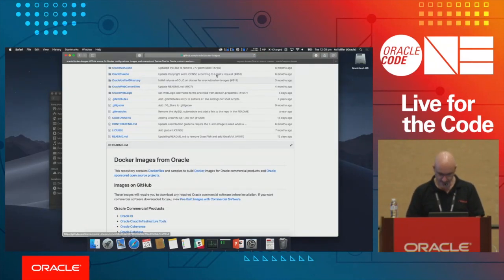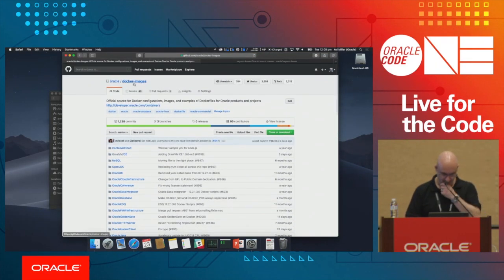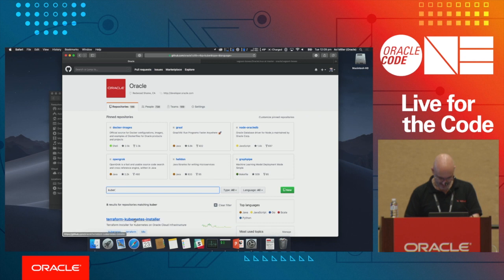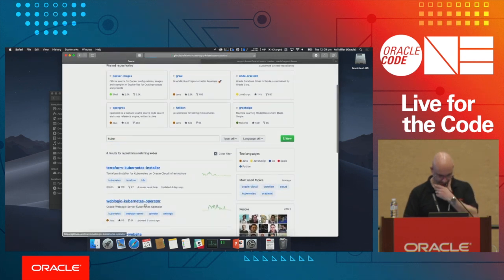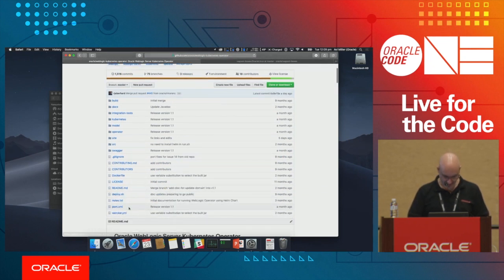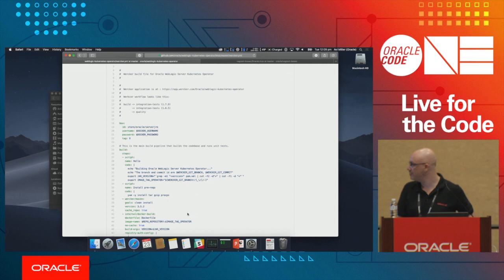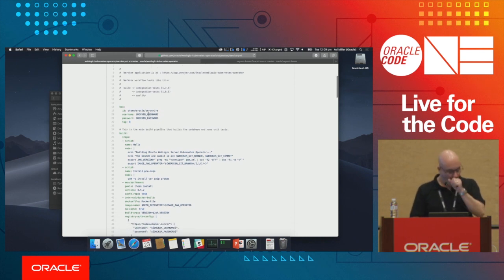So if we go to something like the WebLogic Kubernetes operator, because I know that they have this one. So this is sitting out on GitHub. They have a Wercker file. This defines how they pull and where they pull images from. So this in fact uses the Oracle Server JRE sitting on the Docker store as its base image. And we have some usernames and passwords configured inside